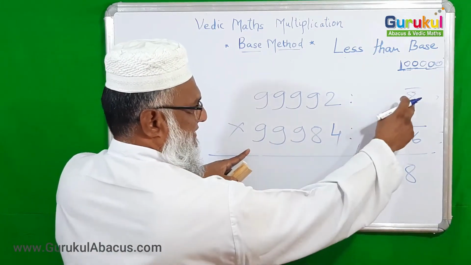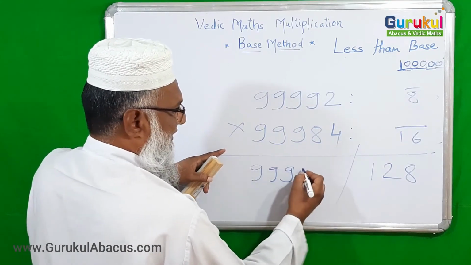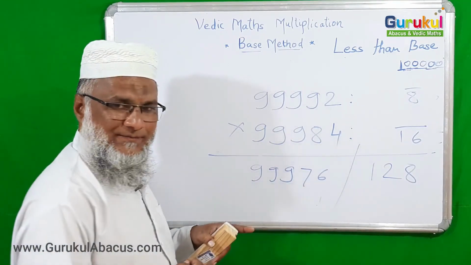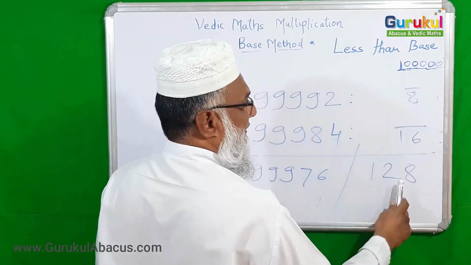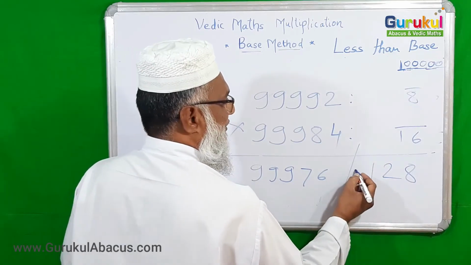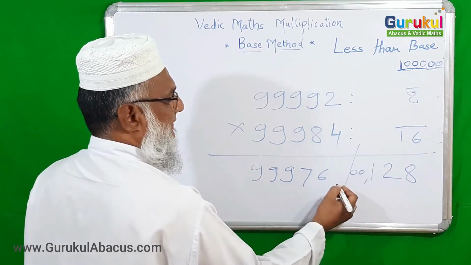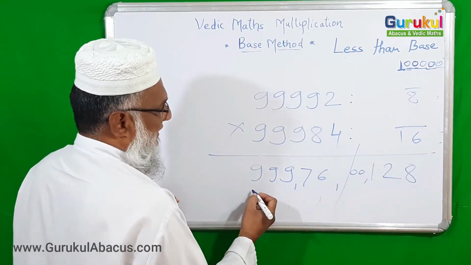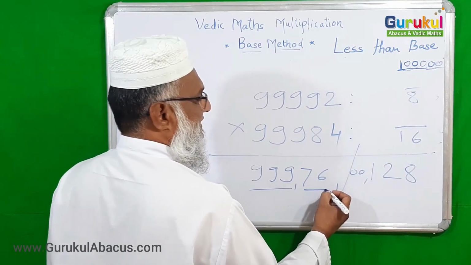Okay. Now subtraction is there. This number minus 8 we can do. We are getting 99,976. Okay. Here base has 5 zeros. We got only 3 digits on the right side. So 2 more zeros we should add. So this is our final answer. The answer is 999 crore 76 lakh